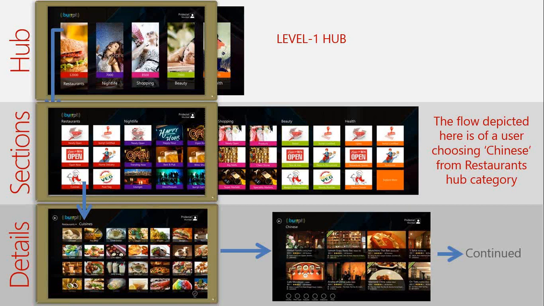After that, there's another level, which is the sections. If you click any of the categories above, you can come down to the sections and then scroll horizontally, horizontal panning, and search for what you're looking for, and then come down to the details. Under details, you have a lot of cuisines. In this case, they have chosen restaurants, then in restaurants, they've chosen cuisines, and in cuisines, they've chosen Chinese. And the Chinese displays all the restaurants in available data.